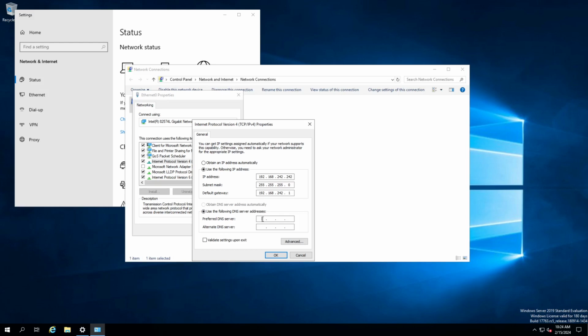We're going to choose to use our own internal DNS on our own server. So we're going to set this to 192.168.242.242. We don't need a secondary. Click OK. Important with DNS is that you can't use an external DNS lookup on a domain controller. You'll cause issues, so don't do that. I see that everywhere I go. Everybody constantly screws up DNS. So in the process of this configuration, we'll go through how to properly configure DNS, because it is the number one issue out on the internet